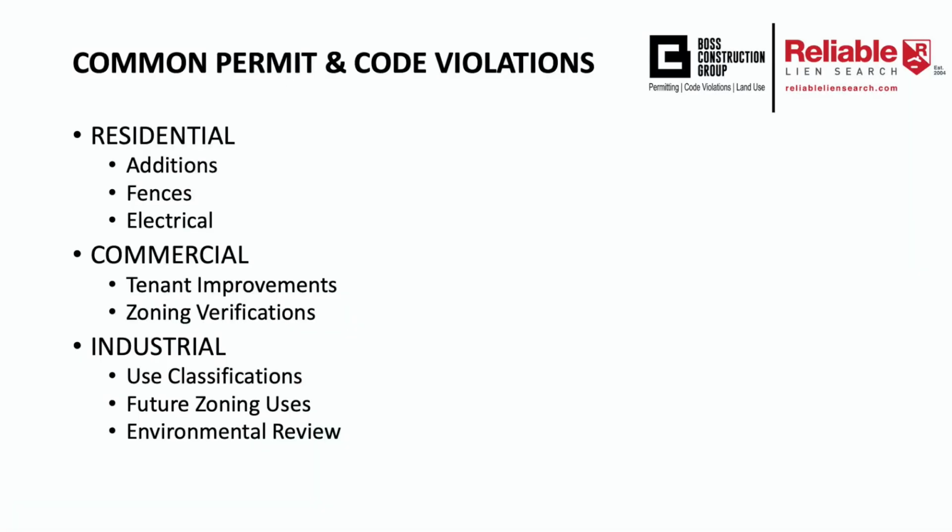We're going to handle some common permitting and code violations today. Our residential, our commercial, our industrial properties. We're going to go over some best practices, and some things that you could do as a property owner or real estate professional to prevent things from happening last minute when you're closing